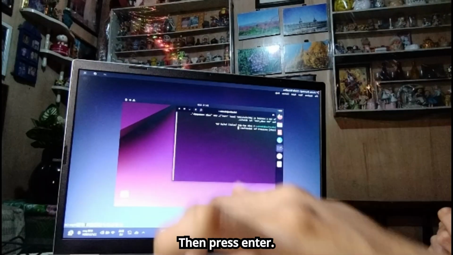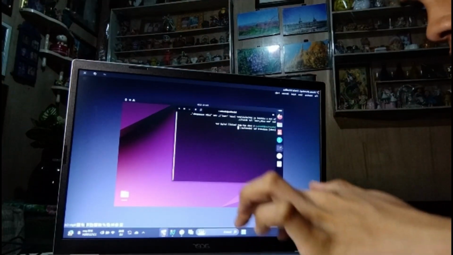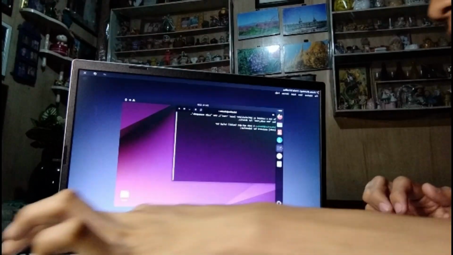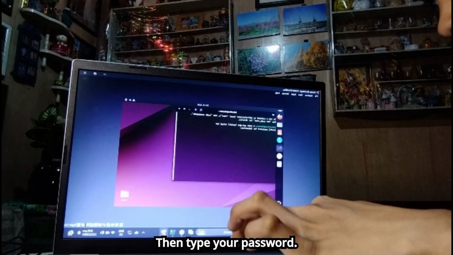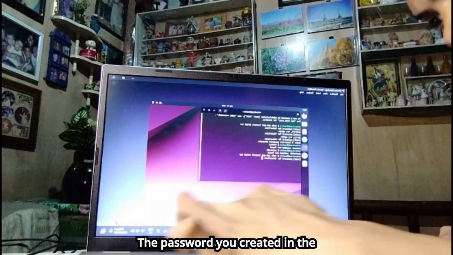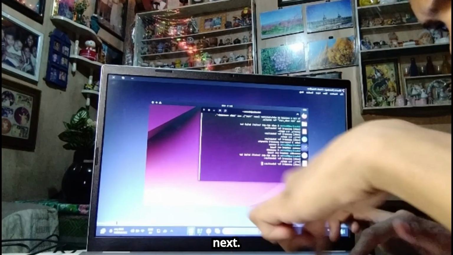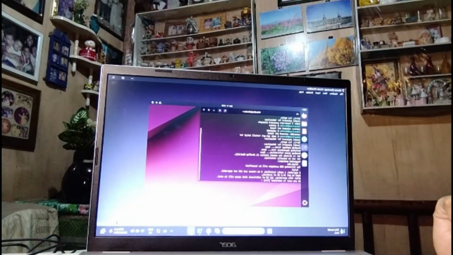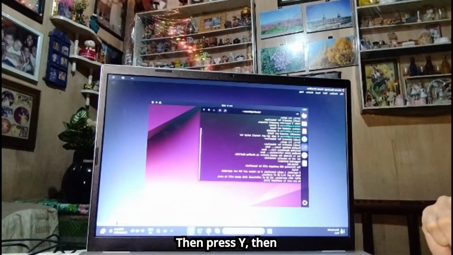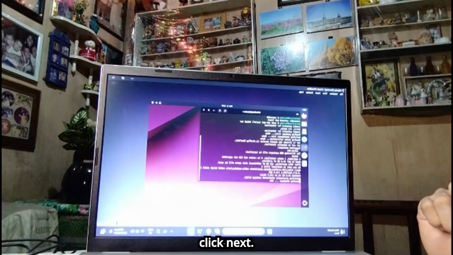Then press enter. Then type your password, the password you created in the beginning. Then press Y, then click next.